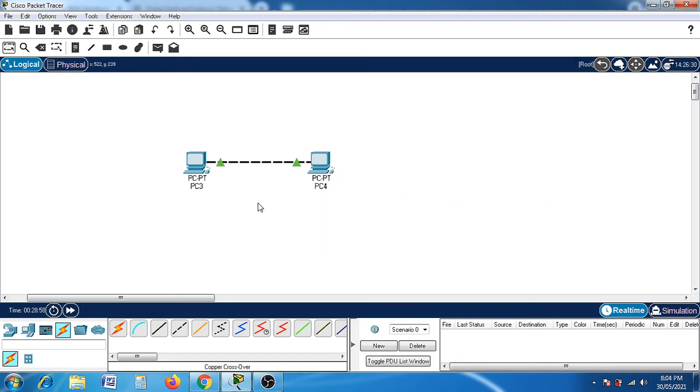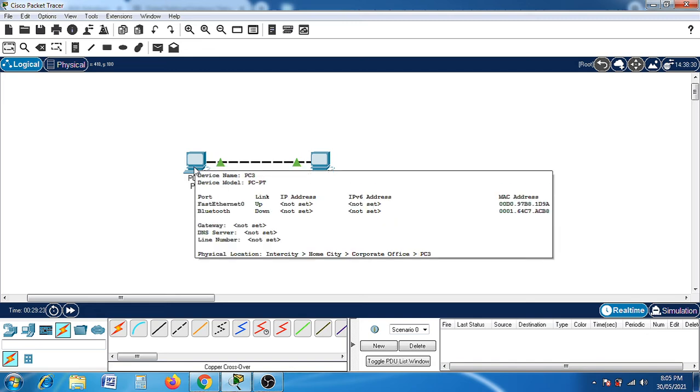Now the second step is to give the address. As we know, if we have to communicate with someone, we need the address of the second person, right? So in practice also, when we need to send an email to another person or your friend, we need the email address of that person, right? So same here, we need the addressing. First, we give the addressing to the first system. So how to give the address?